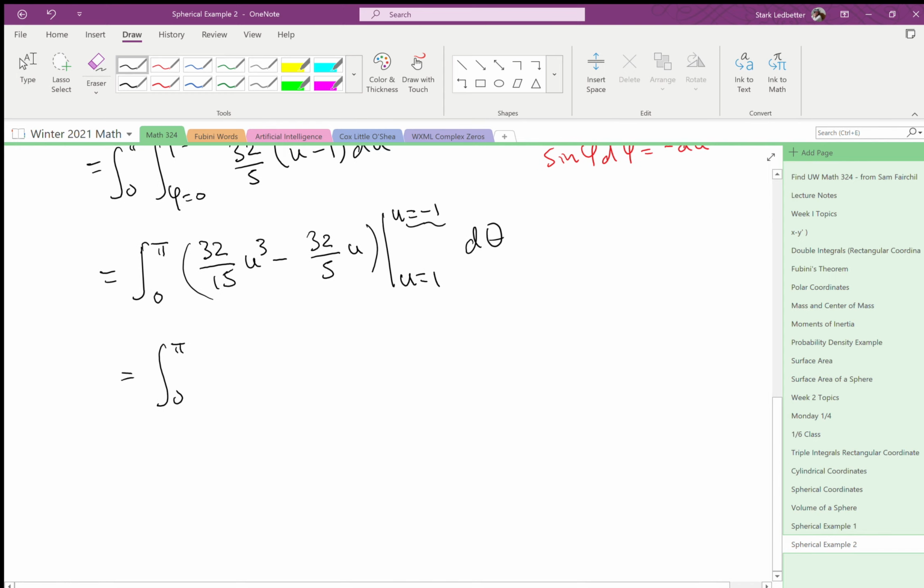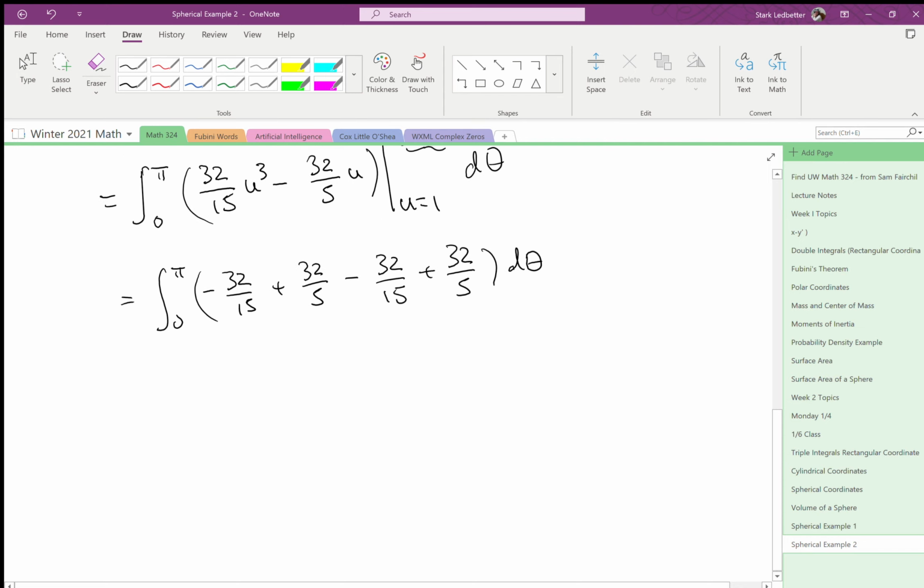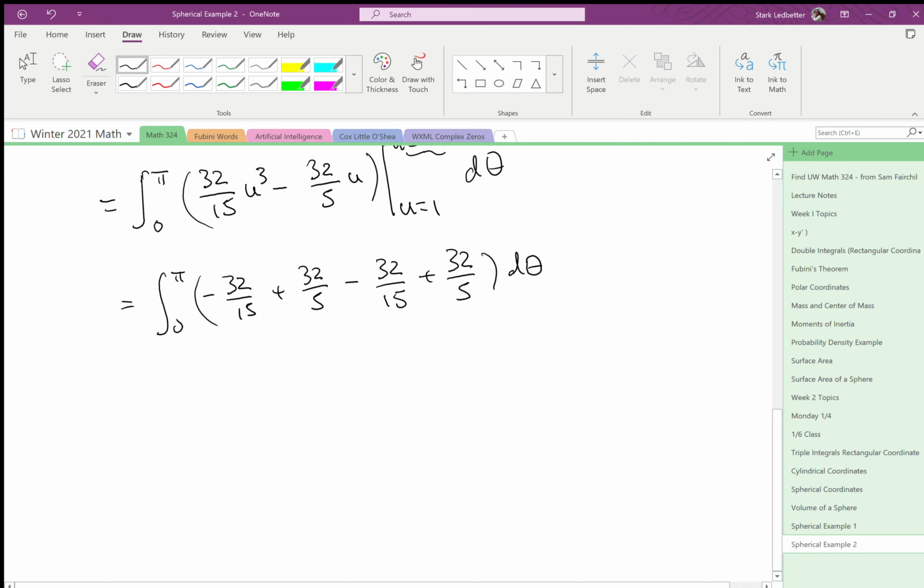That's fine. That's a perfectly defined integral. Negative 32 over 15 plus 32 over 5 minus 32 over 15 minus a negative is plus 32 over 5 again. Okay, d theta. So that's just going to integrate to an ugly fraction times theta. Plugging in the bounds, theta will get us an extra factor of pi, so we just have to figure out